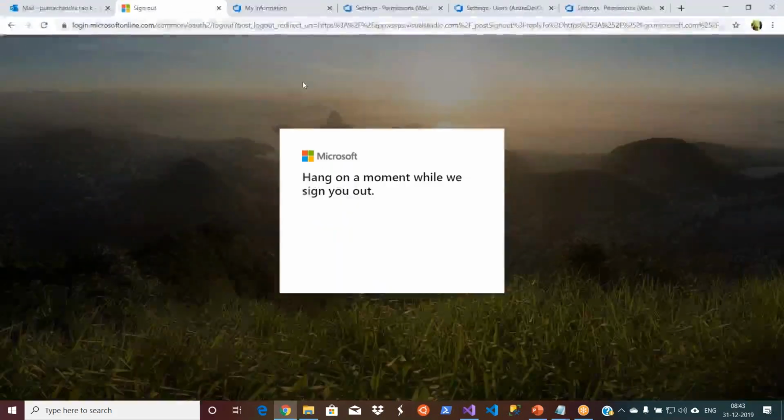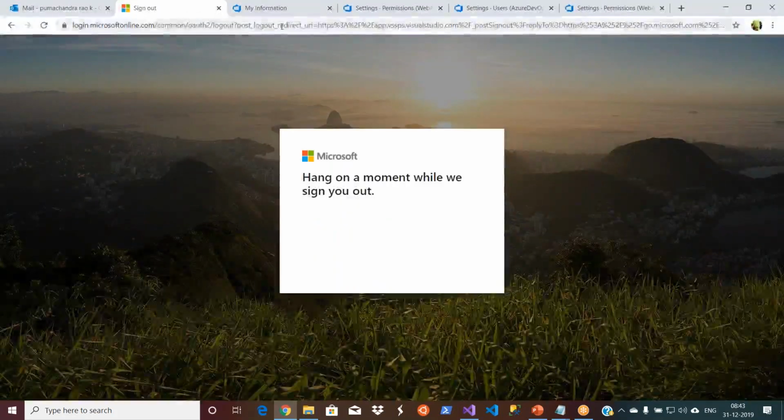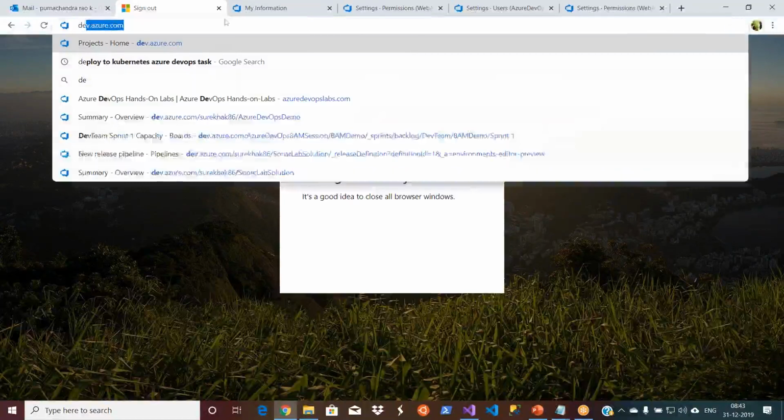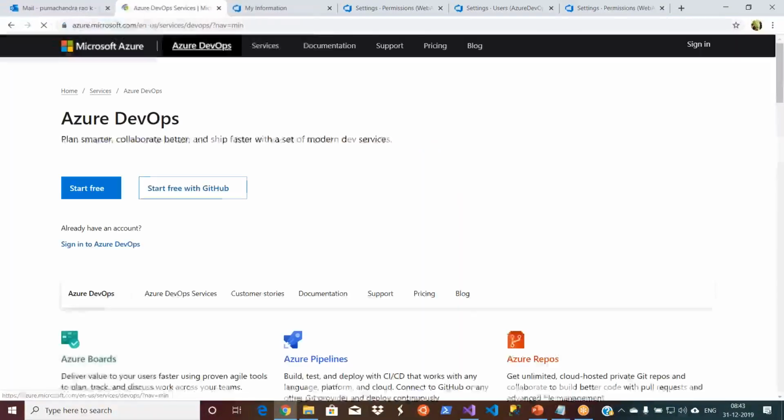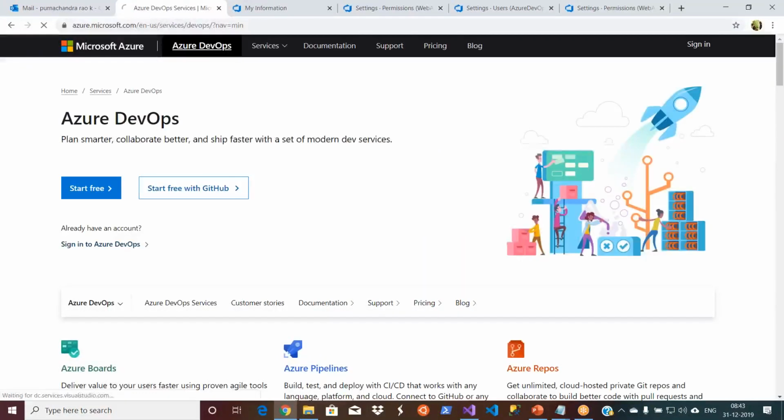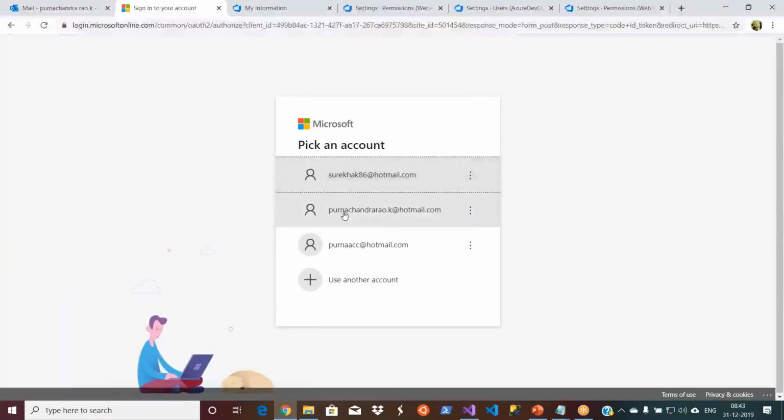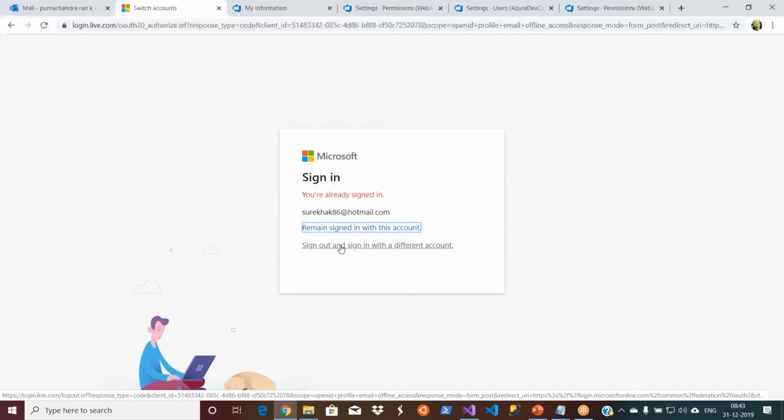It's redirected. Let me sign out. Go to dev.azure.com and then sign in. I use my reader user. Okay, sign out and sign in with the current account.